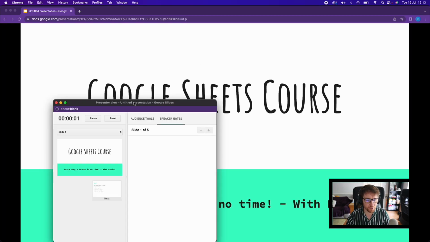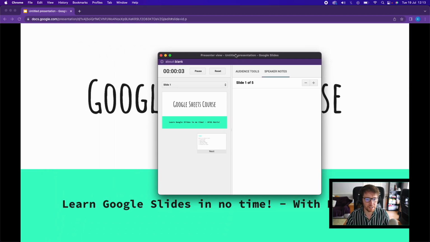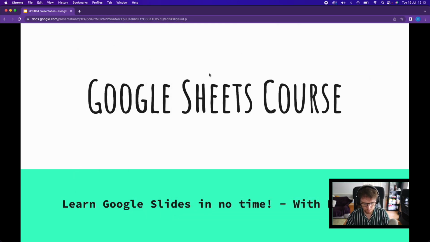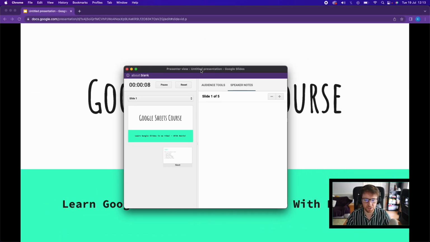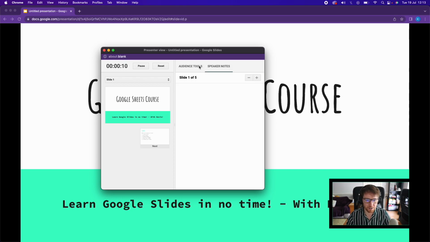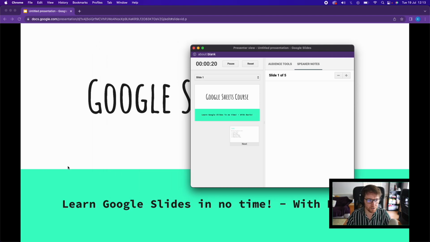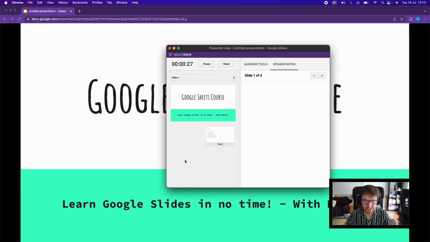So when you do the presenter view, what this is doing is it has this window here that you can use if you have speaker notes, and we'll actually add a couple of speaker notes in a moment, and you can have a timer. So this bigger window here can be presented to, let's say, the room or the class or whatever, and you could then use this on your own screen. So if you have a computer and you have an external monitor or an external